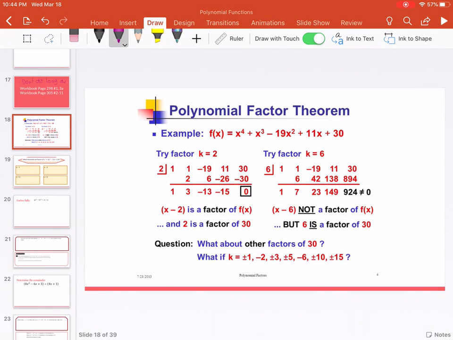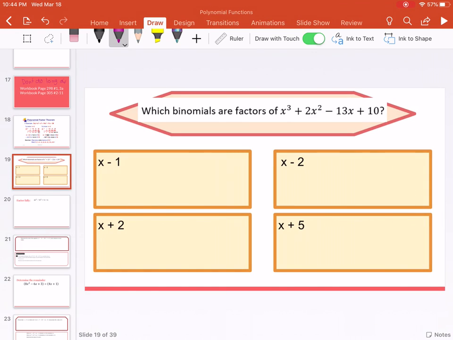Okay, so today we're going to look at the factor theorem and explore a few different types of questions that come up with the factor theorem. The factor theorem is very similar to the remainder theorem in that I am going to take the zero of each of my factors and just plug it into the polynomial. So in this case, my zero of x minus 1 would be 1. I'm going to take that 1, plug it into my polynomial,